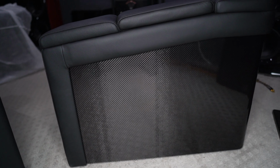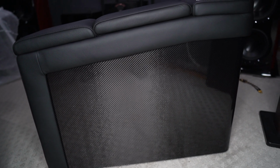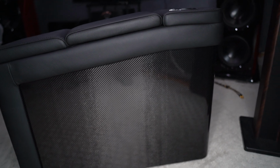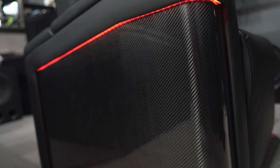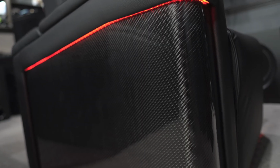Alright, so last and certainly not least regarding the features is that gorgeous looking German carbon fiber. This is really what makes these chairs stand out and puts them in a league of their own. I have no doubt that there are a lot of you out there that are just a sucker for carbon fiber just like I am. In my opinion, there's just something about carbon fiber that gives off a premium aesthetic appeal, and that's no exception